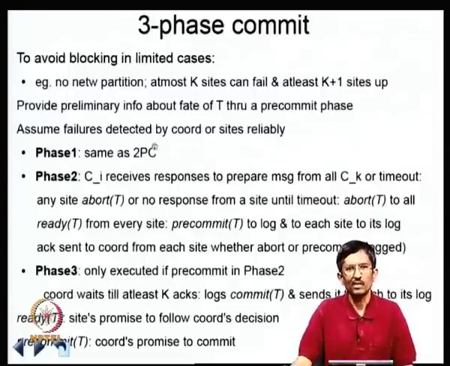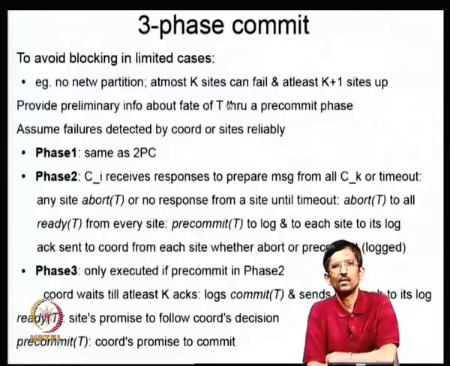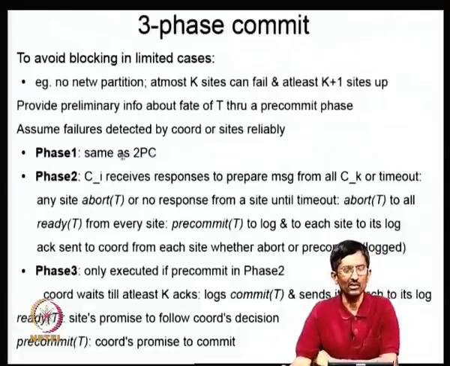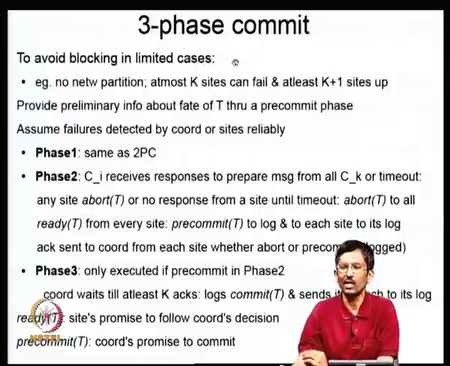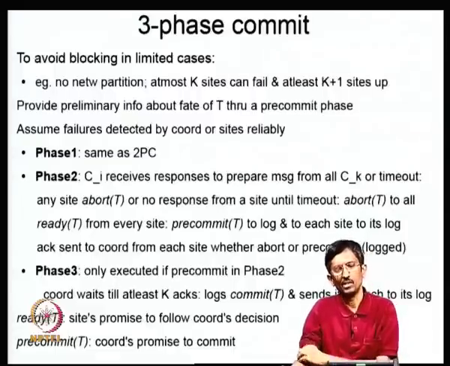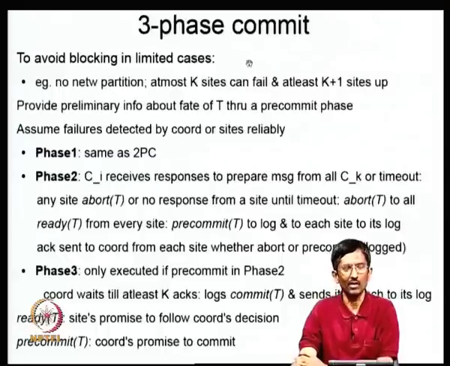Now let's look at three-phase commit. In three-phase commit, the idea basically is you have this blocking situation, you want to see if you can avoid the blocking. Now even three-phase commit, because of the fundamental aspect of the theorems we looked at, for example, the FLP result, there is no way to actually have no blocking. Essentially, if you're looking for consistency, it will not be live. That's basically the issue. So even this has the same issue.